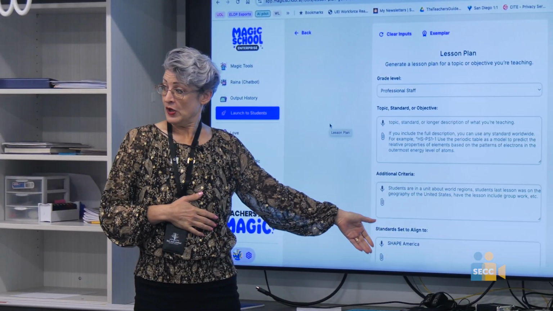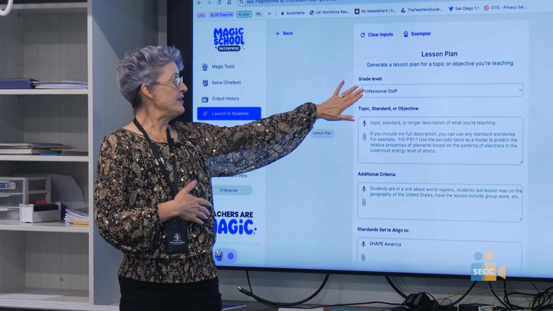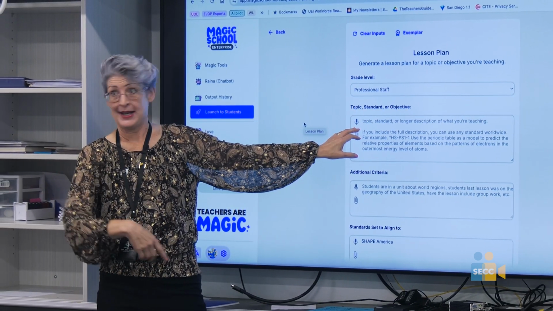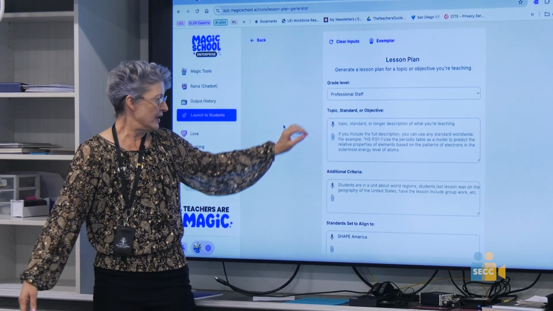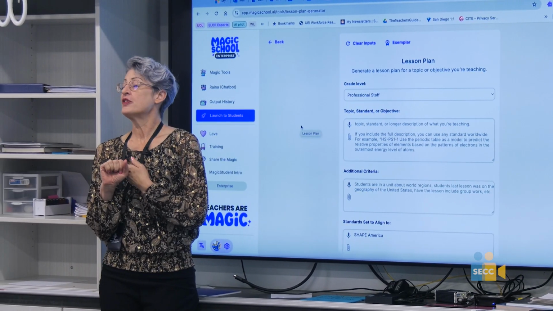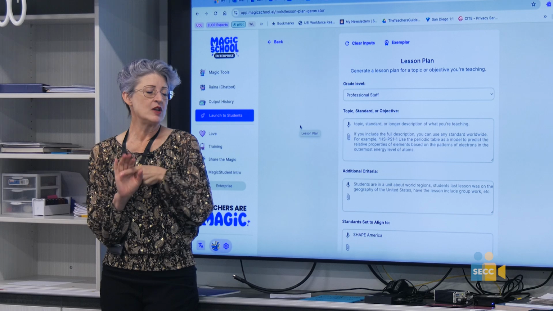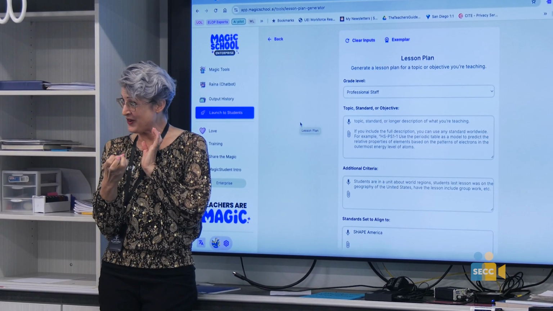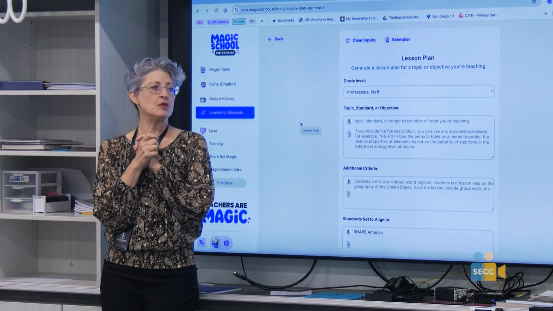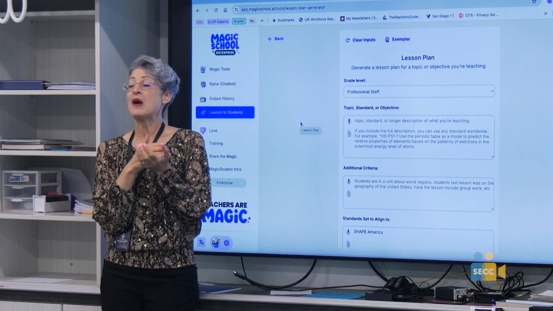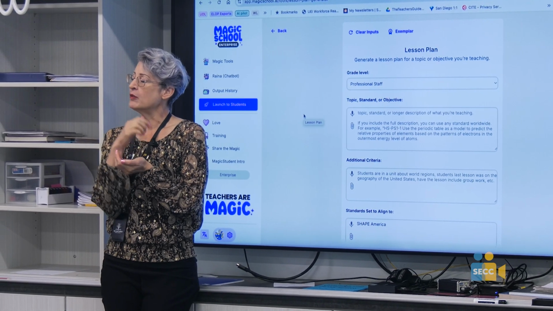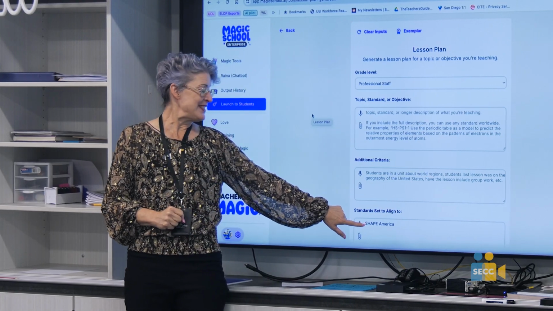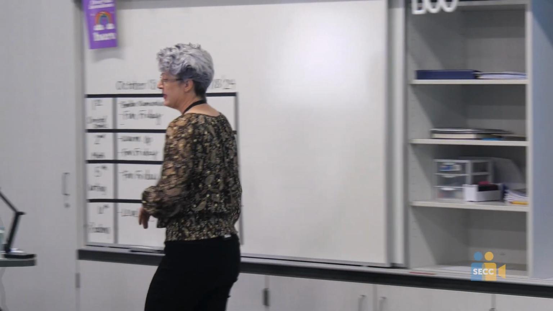Lesson plan, okay? You tell it the grade level. If there's a standard or just the topic, you can just say the topic, cell biology, you know, whatever it is you want to call it. Any additional criteria, tell them about the students, what grade are they in? What kinds of things do they like and understand well? Because the AI can try to make connections for you. Are there students who need additional support, and in what way? Because that way it will try to create a lesson that meets those needs, right? And then you can even specifically say what standards you want to align it to.